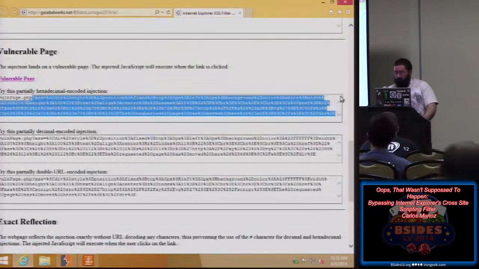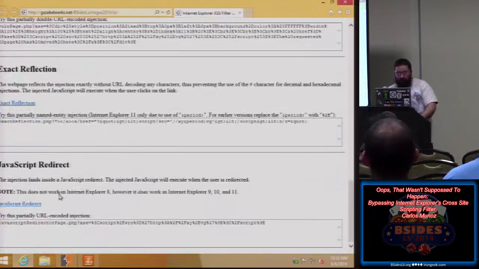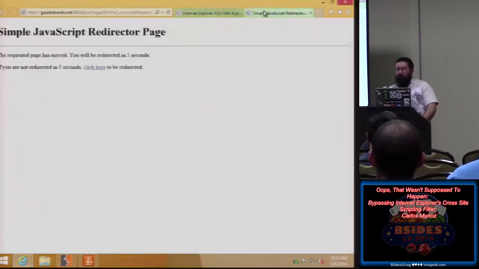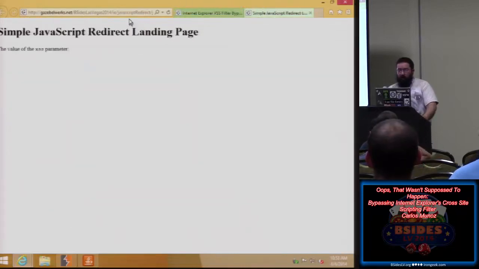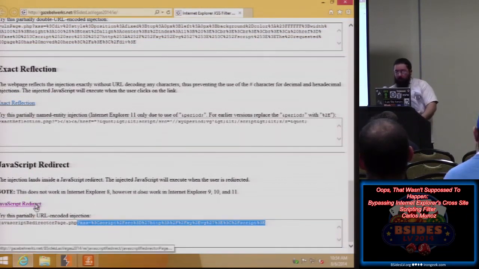Okay, I believe I have time for one more demo. So, for an example of a page where there's a JavaScript redirection to another page on the same domain. In this secondary page, there's a parameter that lands on the page, and as before, we can get our tags in. When we look at the source,